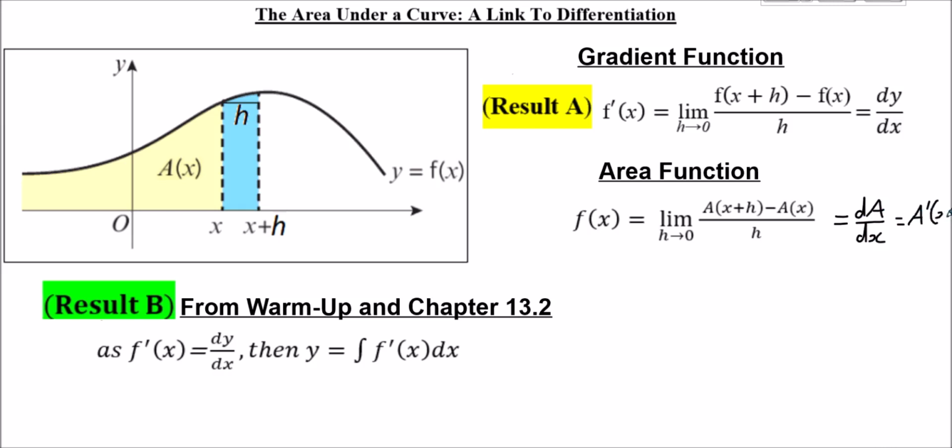We can also use an analogous link to this to get something that relates to our area. And so f dashed of x, if I just replace the f dashed with A dashed, we can now say that A dashed of x equals dA by dx,